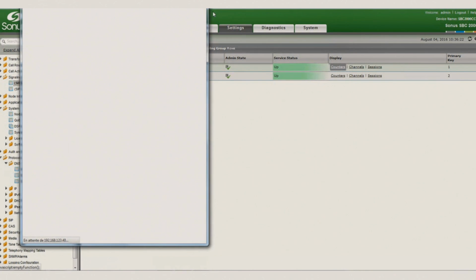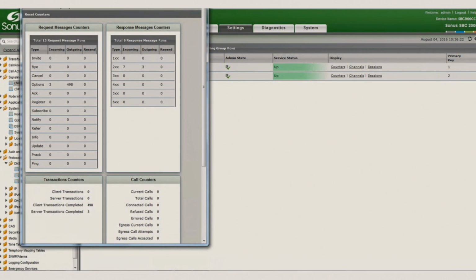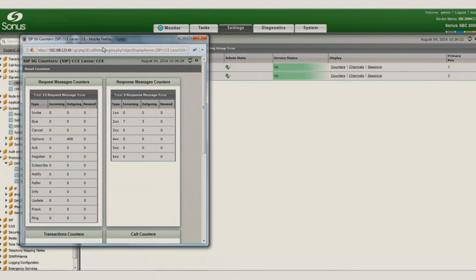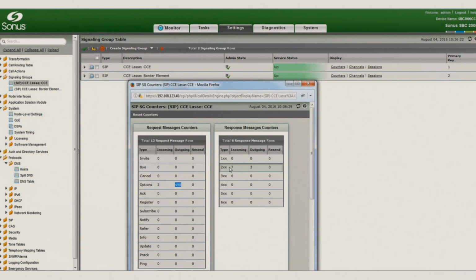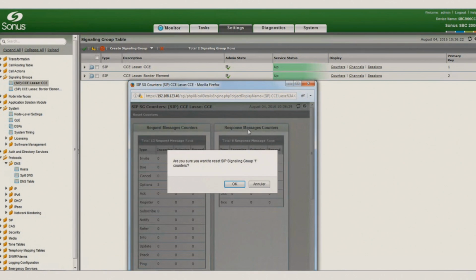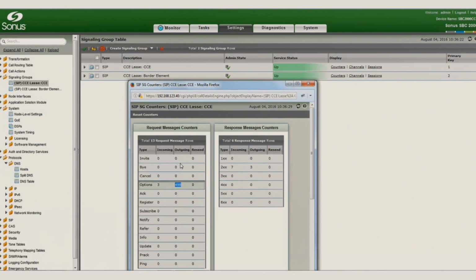I want to verify that I'm actually not being tricked by the green light. I can go and check the counters. You can see that there's a lot of counters here because it was trying to reach the CCE before it was up and running. So I'll reset the counters. And how often is a SIP invite sent back and forth from the mediation server? 30 seconds-ish?